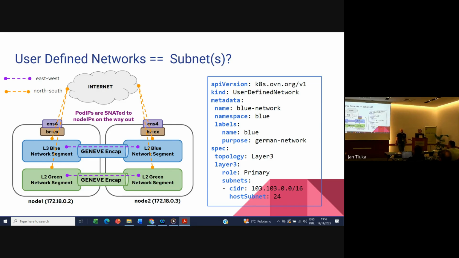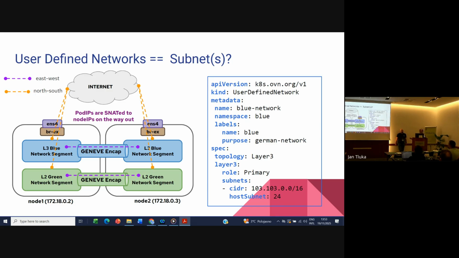So for a layer 3, each host gets its own slice from which the pods get an IP. A layer 2 is a flat network across all nodes. And then a local net is where the pods are able to directly talk to your provider network with no SNATing, etc. So basically, a UDN lets you configure different plug-and-play types of networks that are translated into interesting topologies in OVN. And this, I know, is a bit more abstract than a subnet. That's true. But for the VPC world, we can think of this as a subnet, and there's an OCAP in our community where we're trying to expand this to be more than one CIDR. So multiple CIDRs could also be a part of UDN, or it may not land, right? We don't know the status of the OCAP yet.